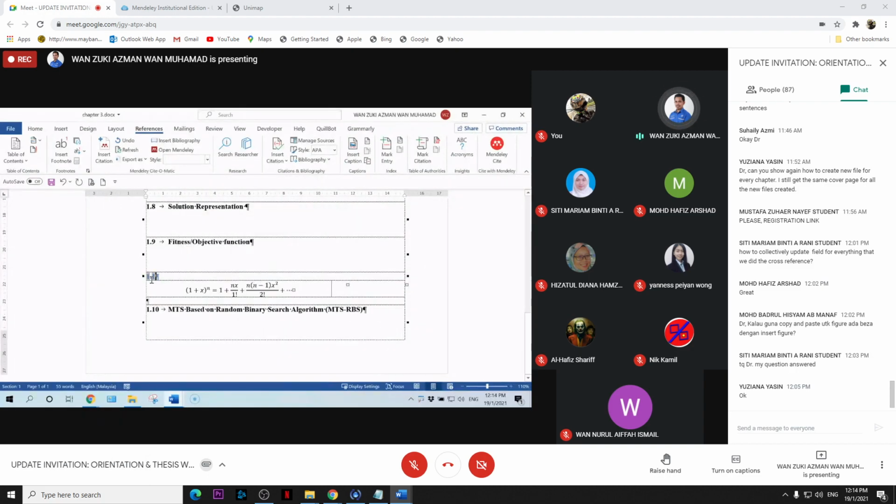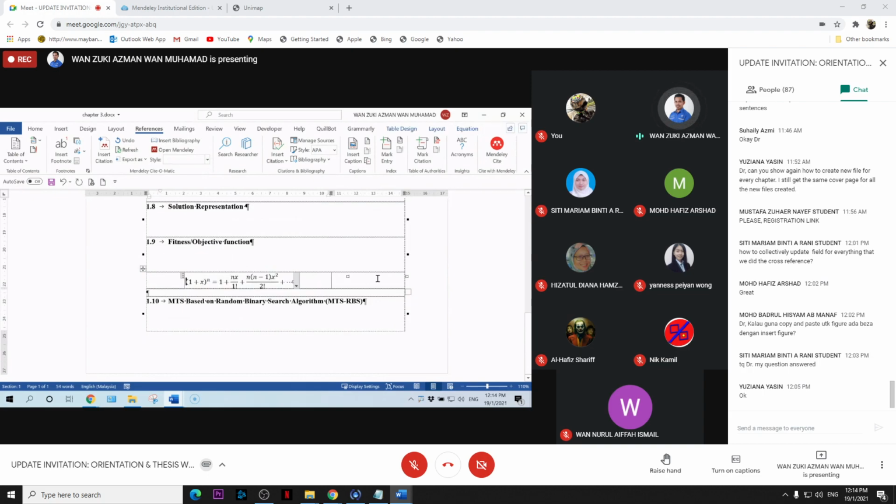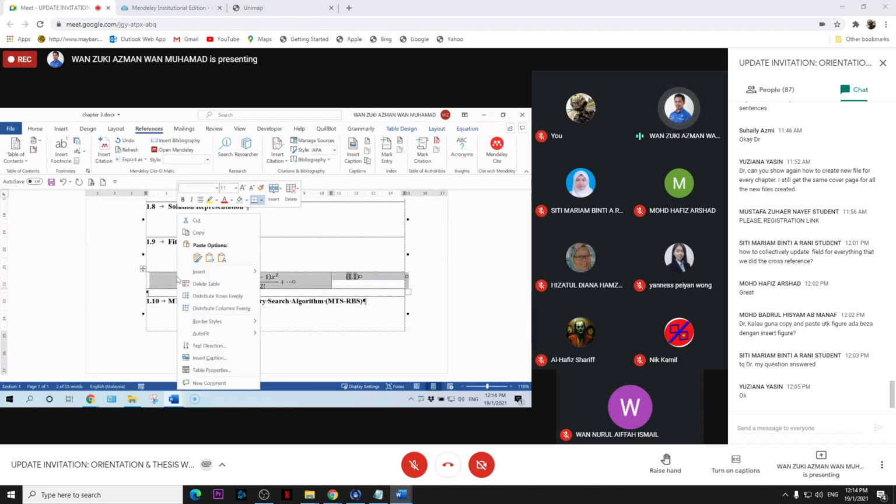So the equation number is outside the box. So you need to cut, Control X, and then you put it in the second column. Then you make a bracket. And then you need to highlight this table and remove the border.